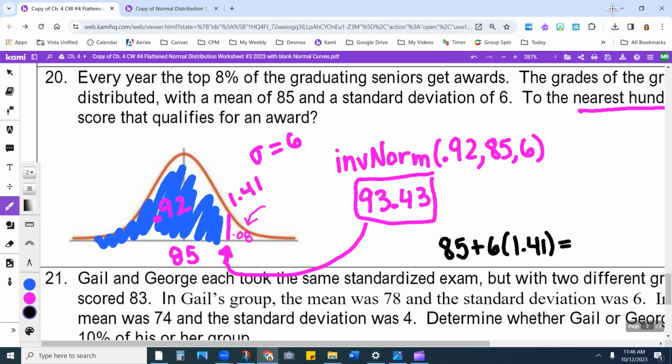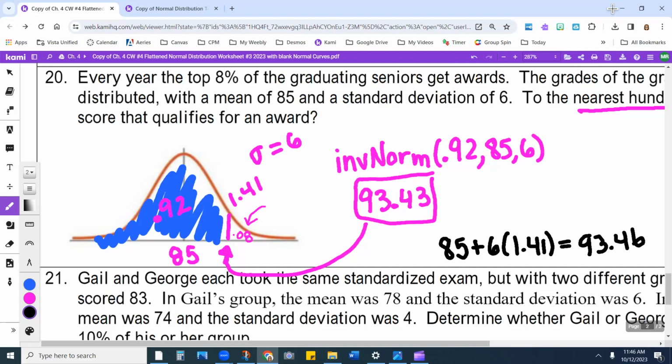And if I put that in my calculator, 85 plus 6 times 1.41, I get a